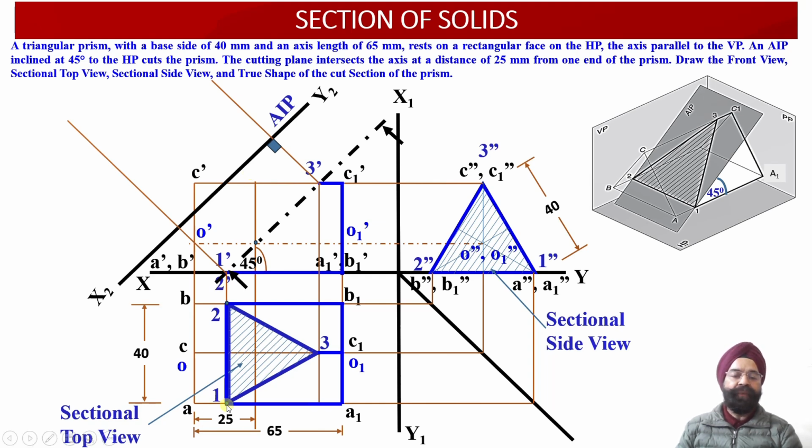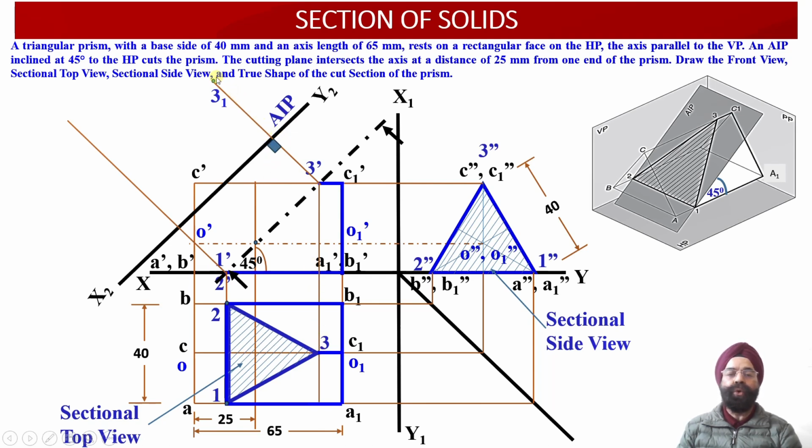Now let us obtain the auxiliary plan projections corresponding to the 3 points 1, 2 and 3. From point 1 you can check, here we have got point 1, here we have got point 2. Now we are going to measure the distances of the points 1 and 2. This is the distance of point 1 from the XY reference line. This is the distance of point 2 from the XY reference line, and this is the distance of point 3 from the XY reference line. Now corresponding to the point 3 dash, this is our projector line. So onto this projector line, if we measure this distance, that is the distance of point 3 from the XY reference line, and plot it over here ahead of